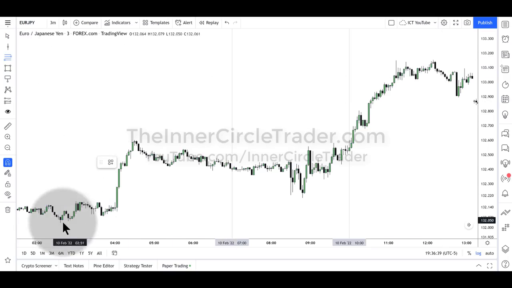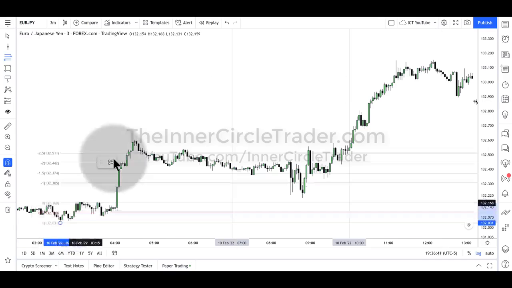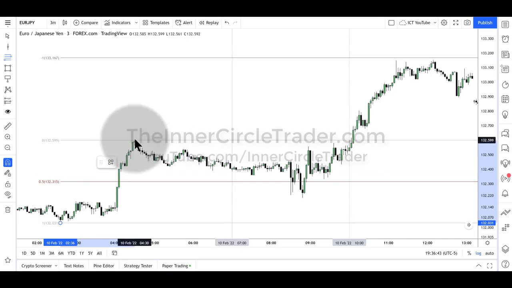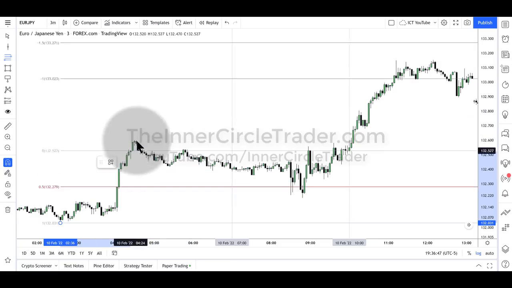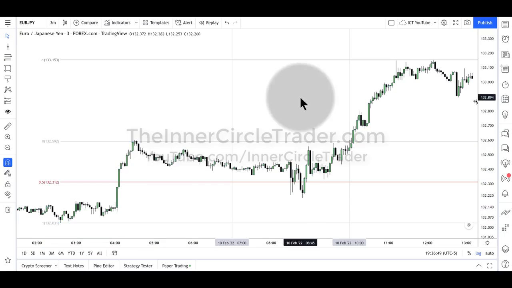Well, I like to take a fib. Anchor it to a previous swing. Okay, so from this low to this high, after we leave this consolidation and start to trade higher,